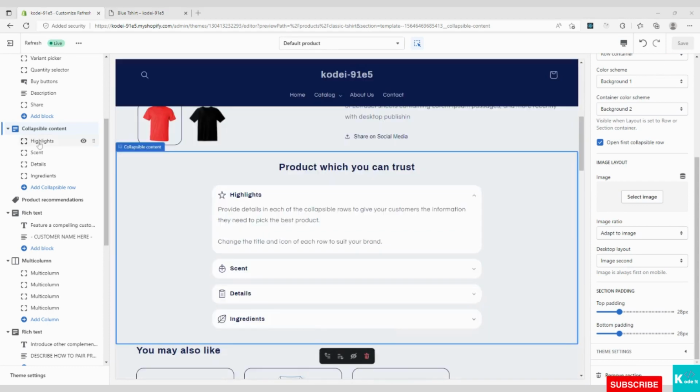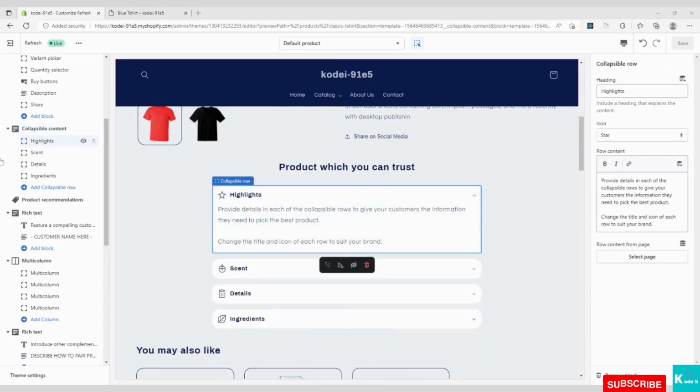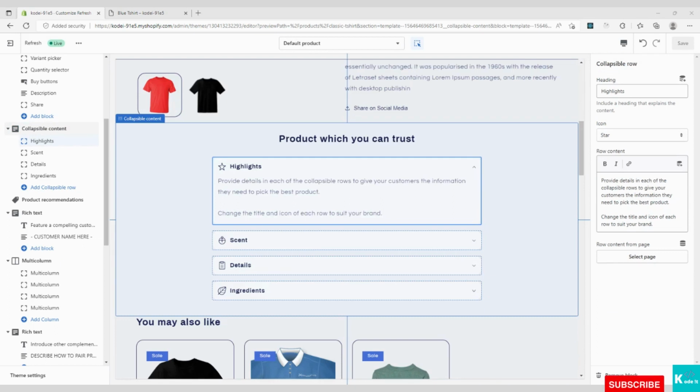Now we need to click on the blocks. Collapsible content blocks allows us to add details inside the row. At the right side, we can see the options. We can change the heading, then we can change the icon, and then we can add the content. We can also display the content from the page by selecting select page.